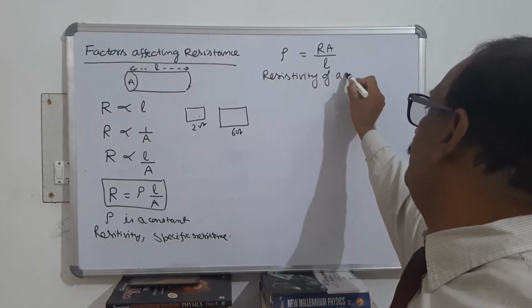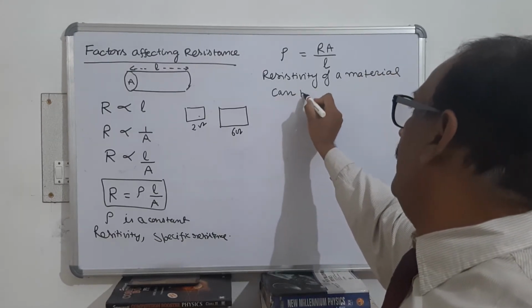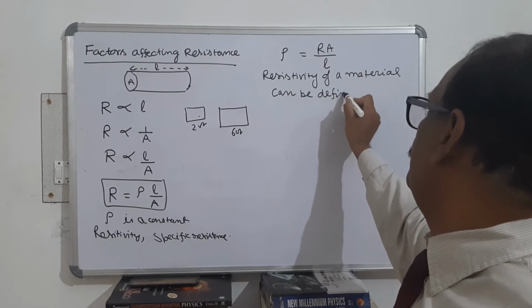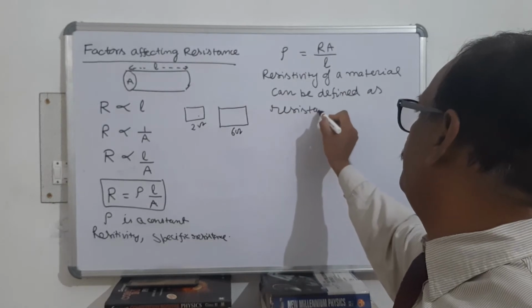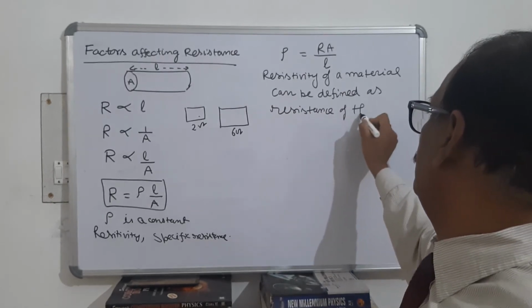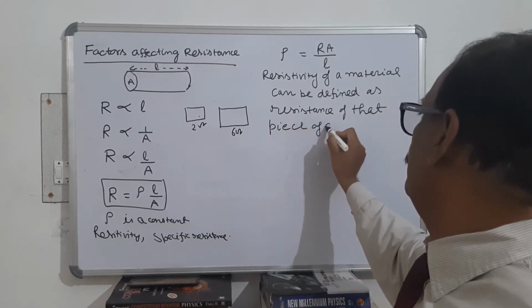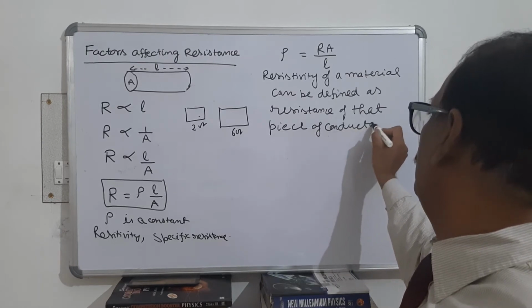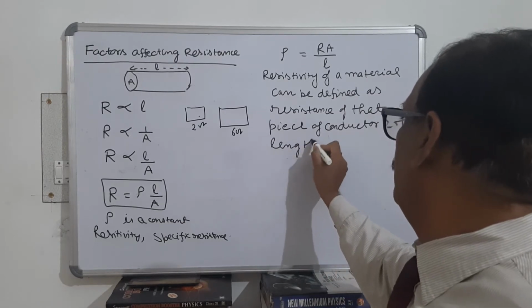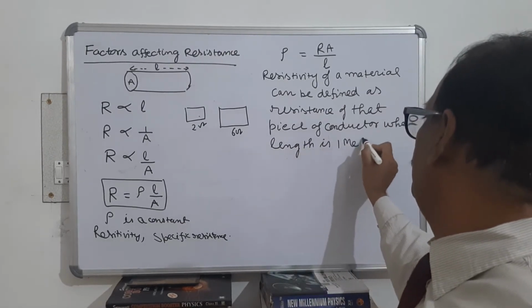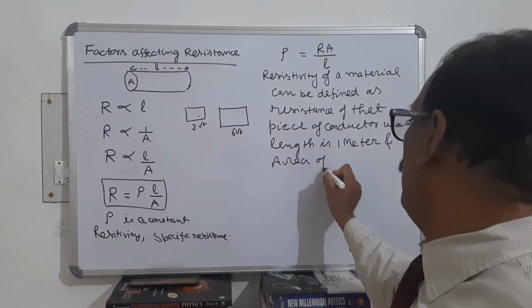It means resistivity of a material can be defined as the resistance of that piece of conductor whose length is 1 meter and area of cross section